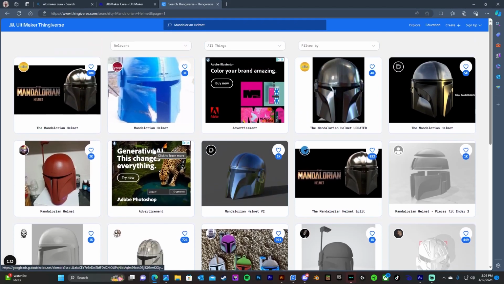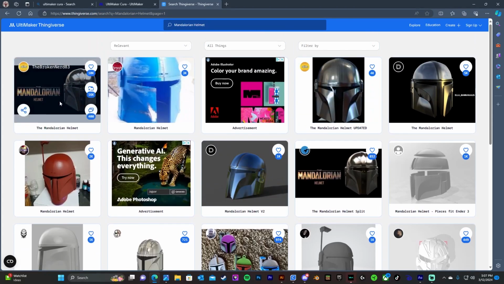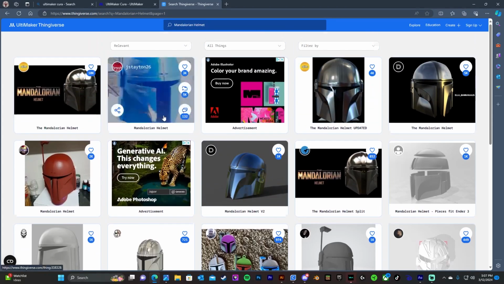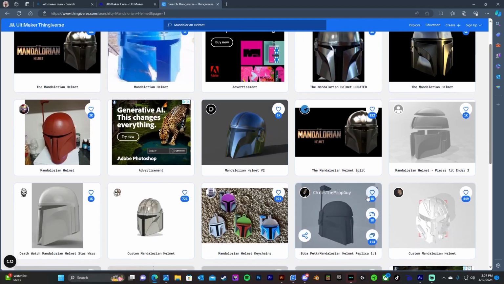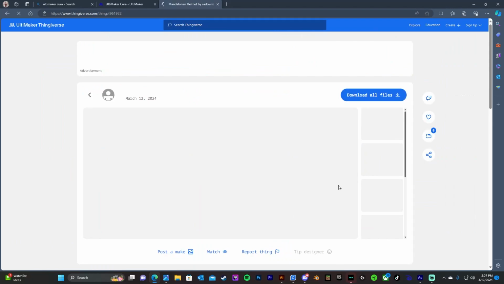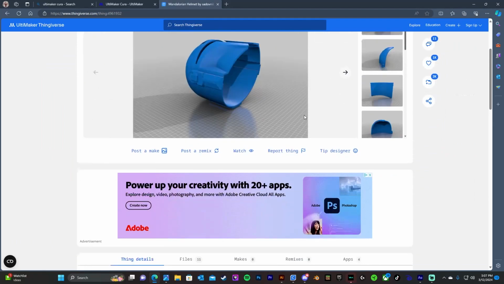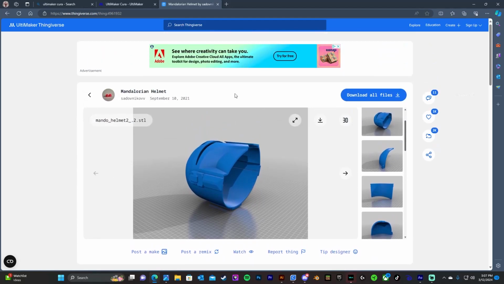So as you can see, you type in the search bar, you pick what you want. There are tons of files here. It's all going to be a lot of personal preference based on the look, based on the design of it. There's a lot that you can pick from when it comes down to choosing a Mandalorian helmet. So this, as you can see, is what you'll get when you pick an STL. You'll get the title, you'll get the creator, when it was uploaded, but where you want to come is the